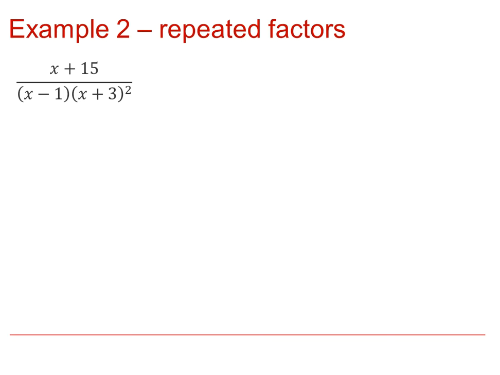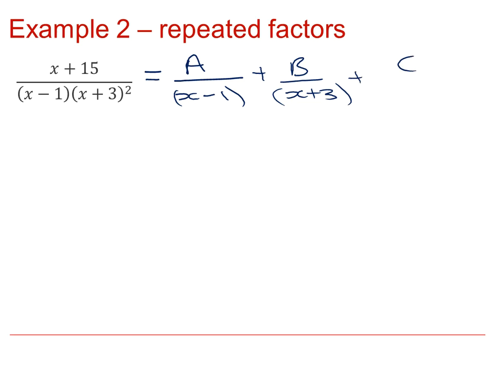Where we have a repeated factor in the denominator, then we will split these into slightly different partial fractions. We will have a partial fraction with x minus 1 as a denominator, and also one with x plus 3. But in addition, we will need to use that repeated factor as well, with an (x plus 3) squared. Multiplying by (x minus 1)(x plus 3) all squared, we would get that x plus 15 equals A